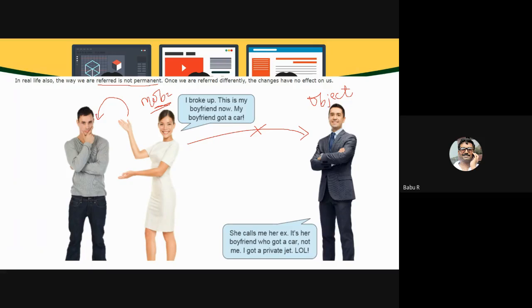If you change the reference, whatever change you make in that particular object will not have any effect on us. Whatever changes mobile 2 reference makes hereafter will not get reflected in this object,